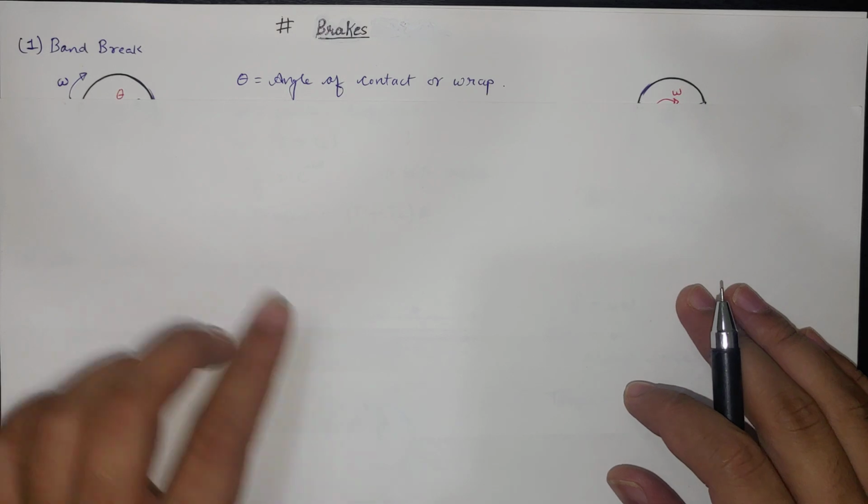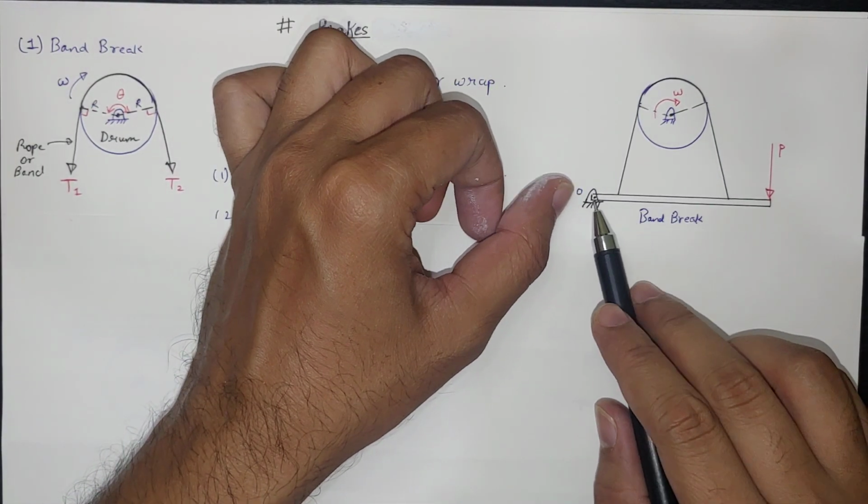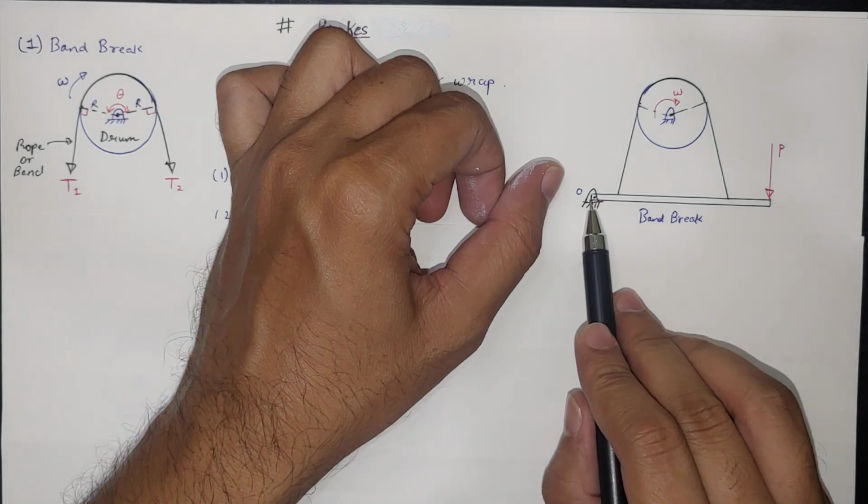In this video we will talk about brakes. First we will look at band brakes. So this is the figure for band brakes, and this is the lever where it is hinged at one end